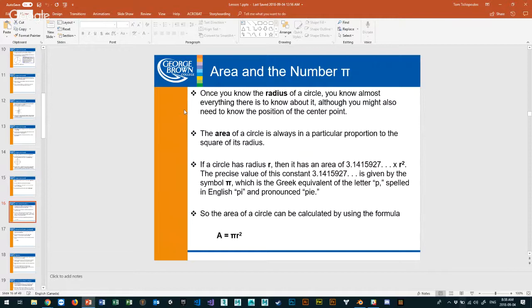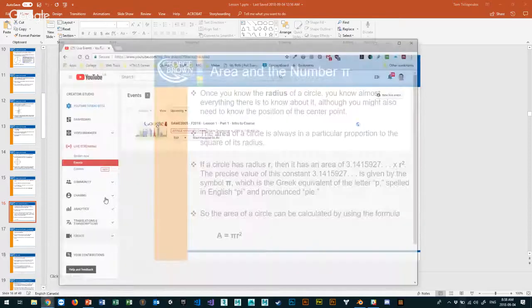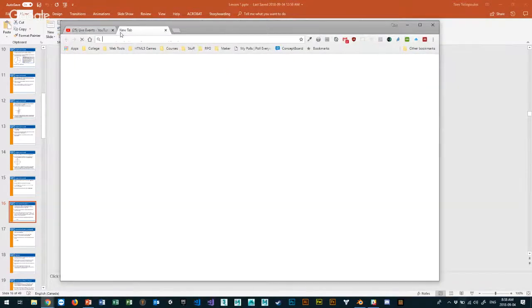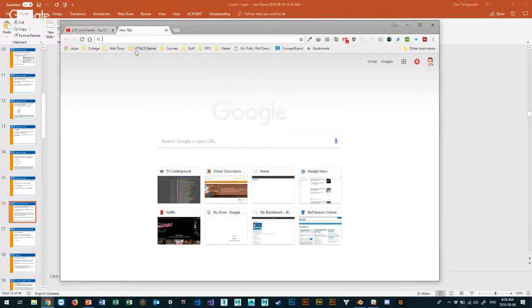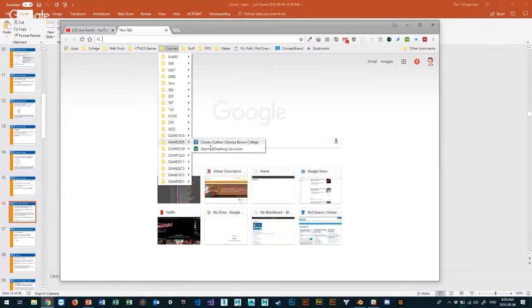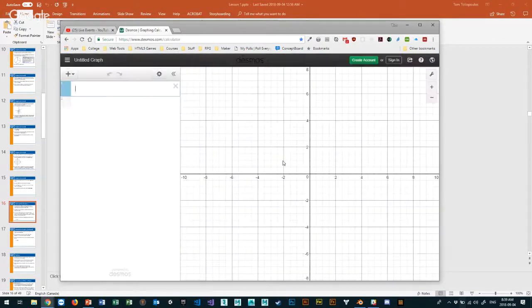Other tools you might need in this course, which I'm going to talk about for a second, and we'll talk about it later on as well, is a tool called Desmos. I'll put the link up on the course page. Desmos, I highly recommend for graphing. It's an online tool that's free.